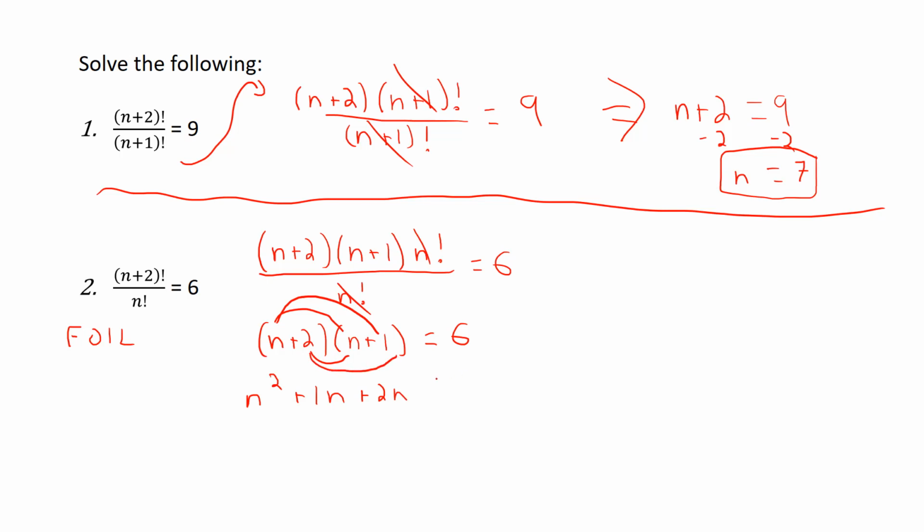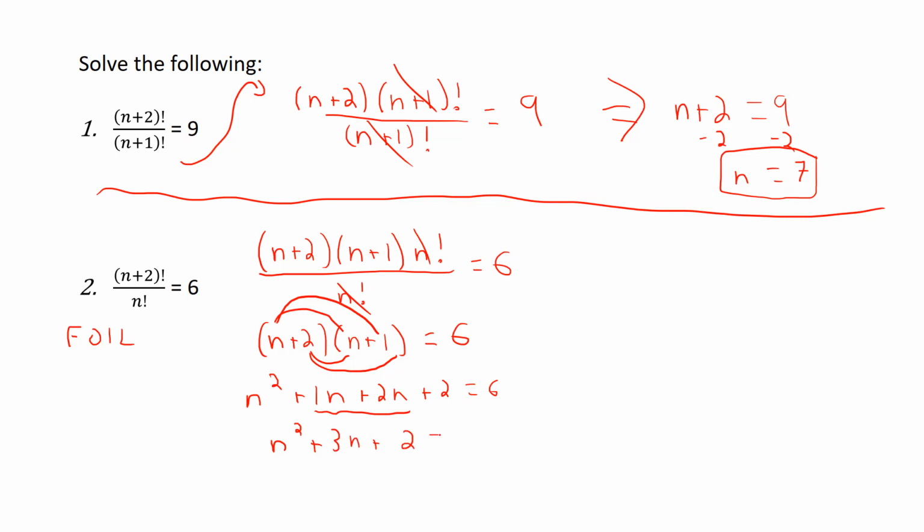So that's what FOIL is. First, outer, inner, last, plus 2, all equal to 6. And then, as typically happens with these, the outer and the inner can be combined because they're like terms. So we get n squared plus 3n, 1n plus 2n is 3n, plus 2 is equal